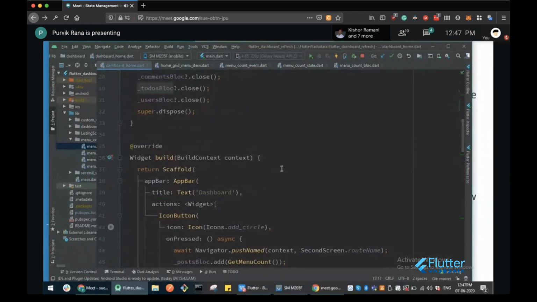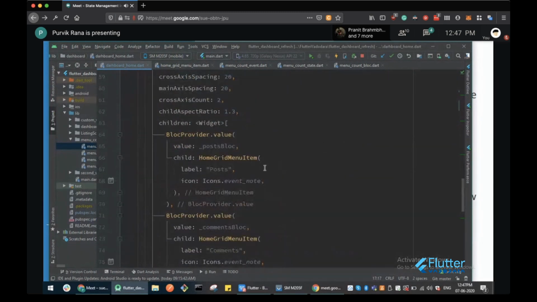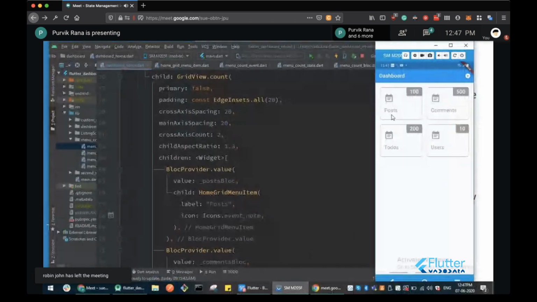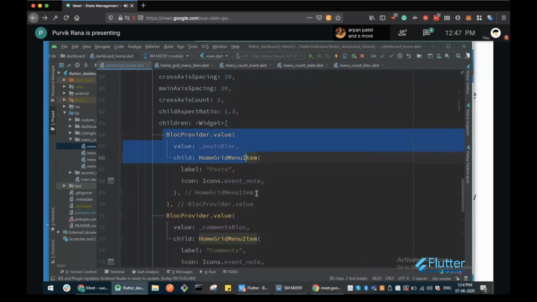Inside the UI, I have different custom components in the grid view, and here I am passing the local block value by using the BlocProvider.value pattern.